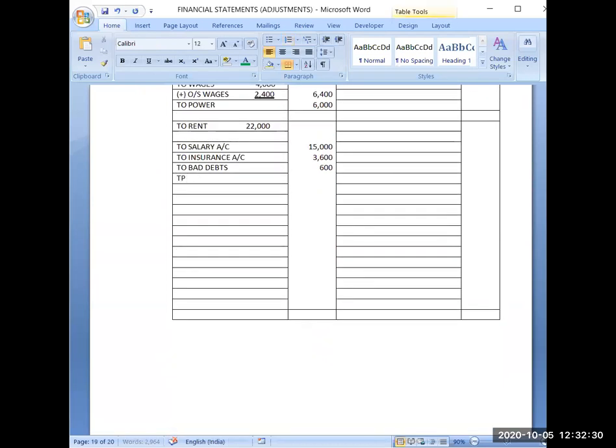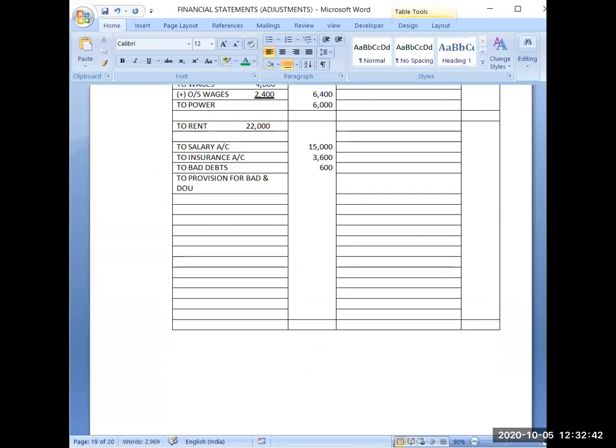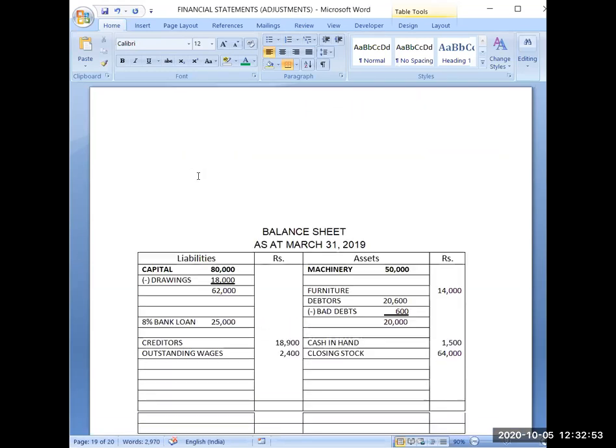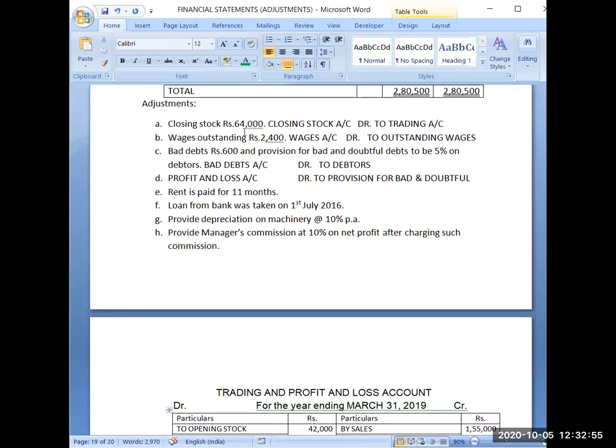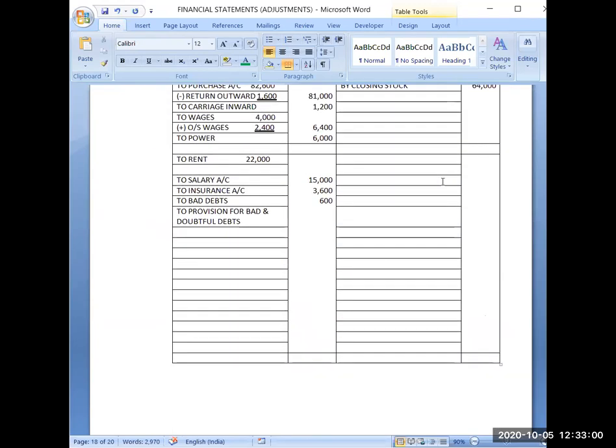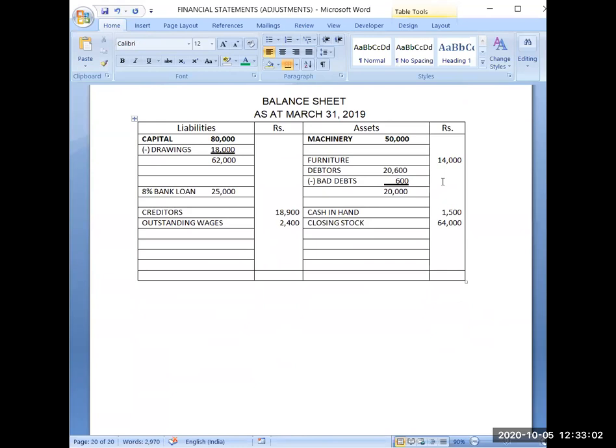To provision for bad and doubtful debts. Whatever the name is given in the question, use the same name. However, this account can have different names. And now the second part of this adjustment is that you have created this provision. So this provision will be reduced from debtors again